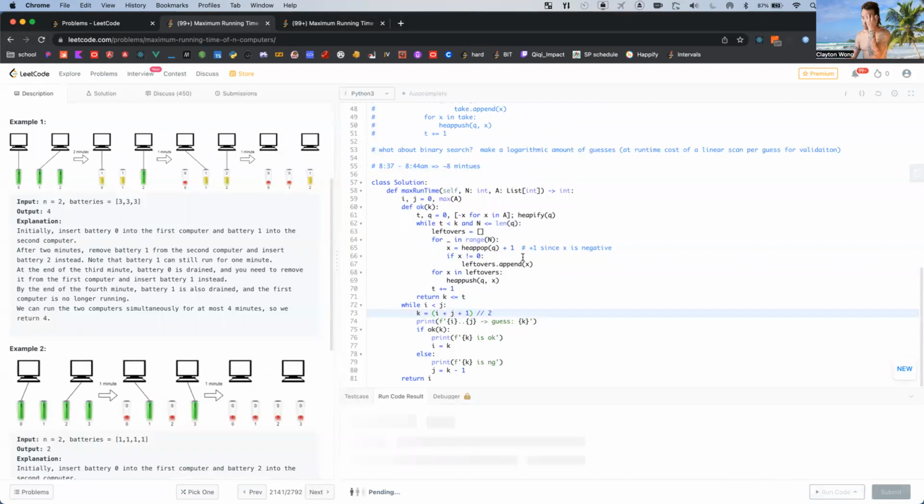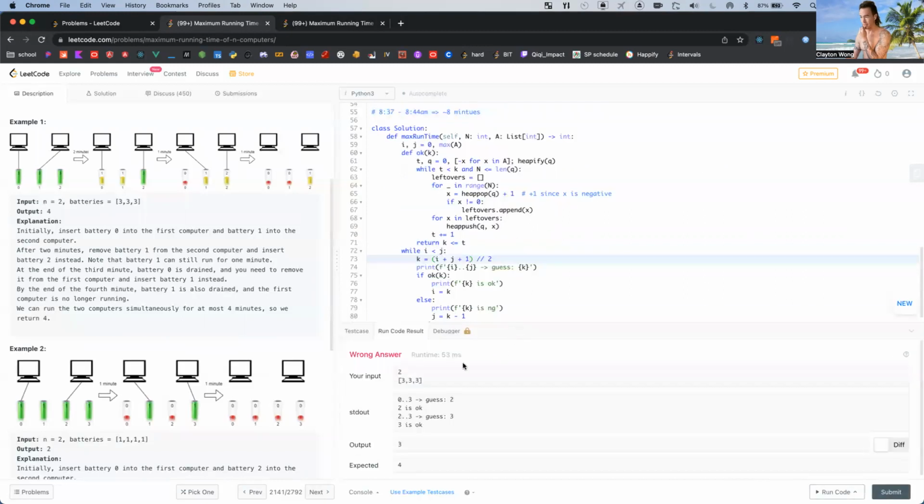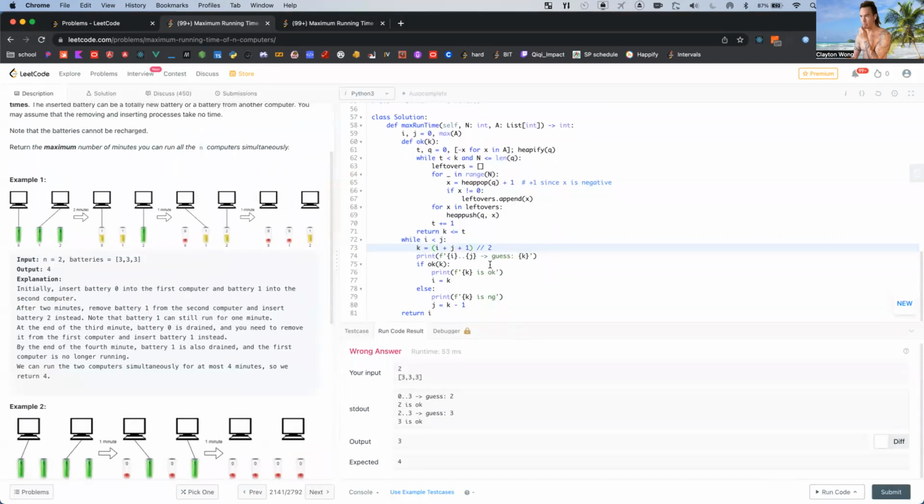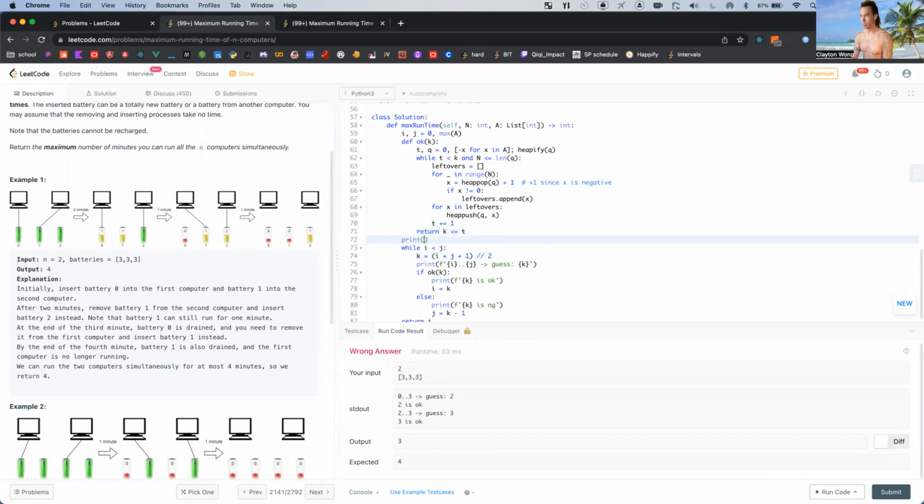Let's try this again. It's three. Three is okay, but four is okay too. Right? Or is not okay? Let's do this. Right. Okay. Four.